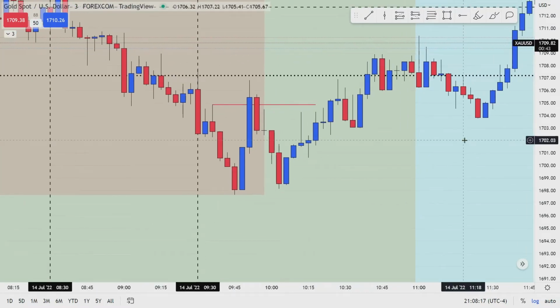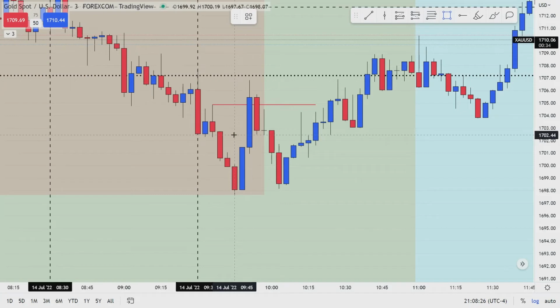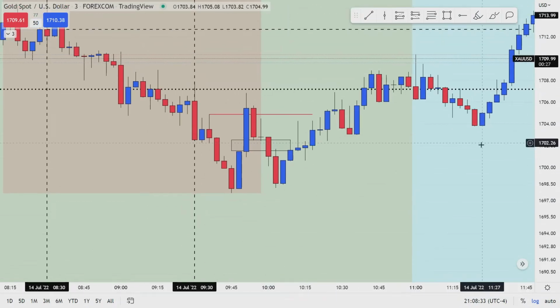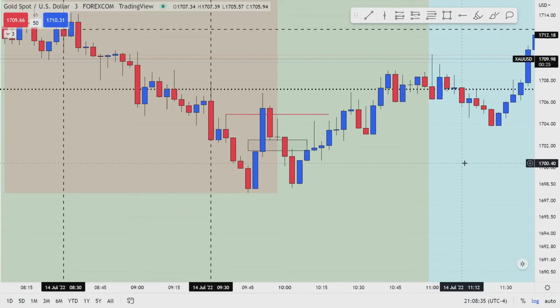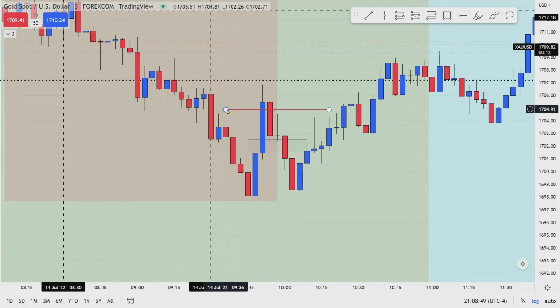So, still looking at the 3-minute, we can see that a fair value gap or an imbalance was formed right here. So I'm going to mark that imbalance right now. And therefore, once this candle formed right here and it created that imbalance, knowing that I had broken a high, so market structure to the upside had been